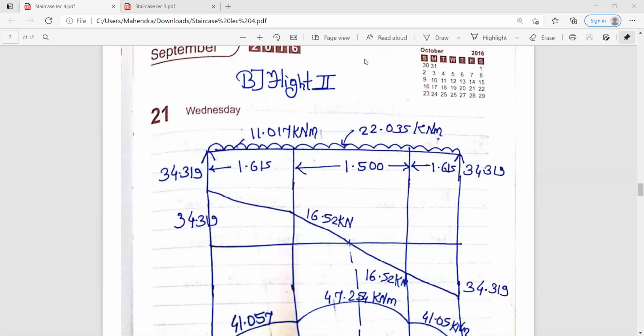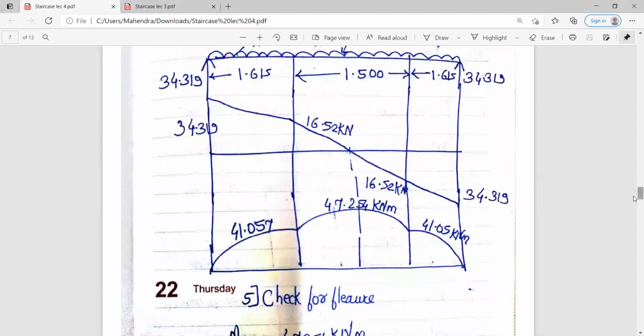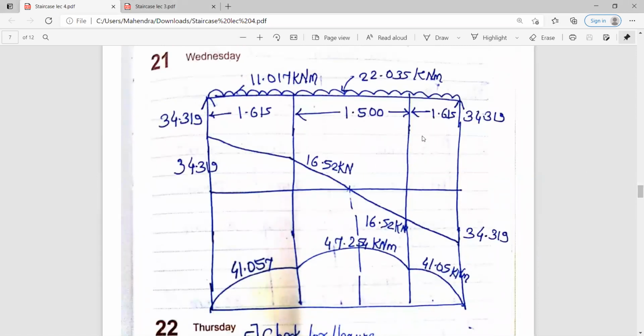Yes, who's this? So again, for this beam you need to draw the SFD and BMD. As this is symmetrical, these RA and RB will be same over here, and shear force will also be the same, that is 34.319, and here also 34.319, as well as bending moment from both the sides will be same, only at the center the bending moment will be different. So I hope everyone can do these SFD and BMD calculations. Yes, clear up till here.